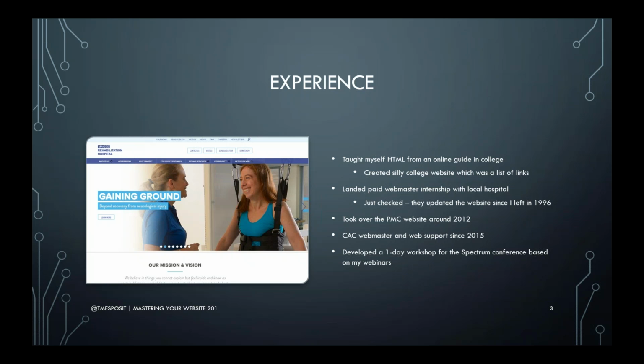Things have changed. Here's a picture of what the website looked like relatively recently, and thankfully none of the stuff that I did in the 1990s remains. So jumping forward a couple of decades, in 2012, I took over the Philadelphia Metro chapter website, which had been hosted by some other web group, and someone had converted parts of it to WordPress. So I jumped in feet first, or maybe head first, and got some books on WordPress and revamped the entire website, which they're still using that model to this day.